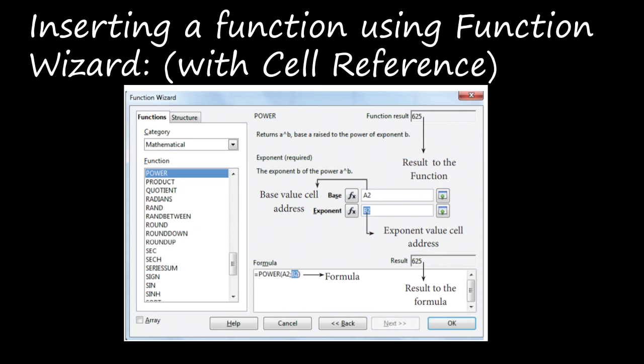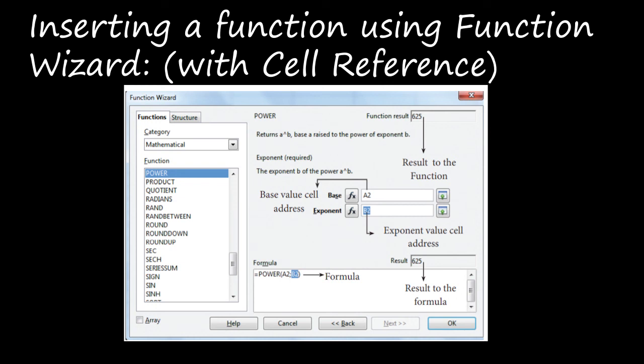Then you can click the Next command, okay? Here you have to click on the cell which contains the base value, and now the minimized wizard shows the cell address you have selected, right? Next you have to click the maximize button to display the full wizard. Now the function wizard will appear like this, okay?